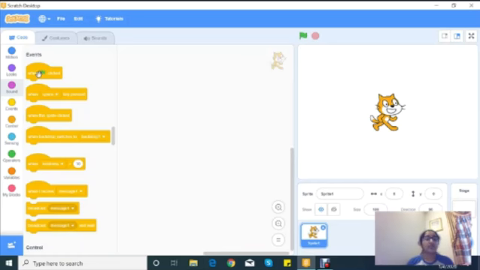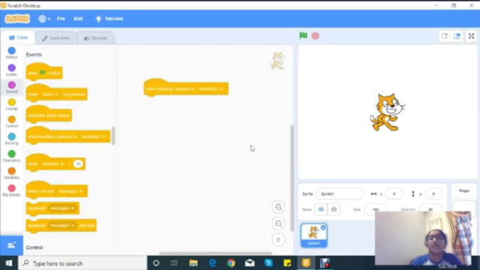So let's say I use when space key pressed. So when I click the space key, some code should be able to happen. An event is basically a block where this is the starting point of it. So this is an event, meaning I can put a certain amount of code right below it. So it's like a when. So I click the space key, I can probably move 10 steps. Or when I choose right arrow, I can move back 10 steps. So this is very important, and you can see when the backdrop switches,